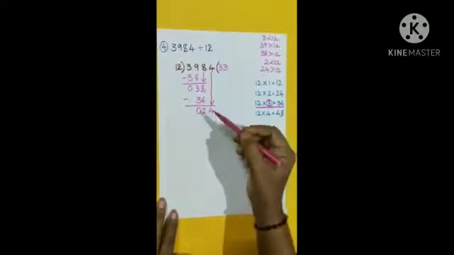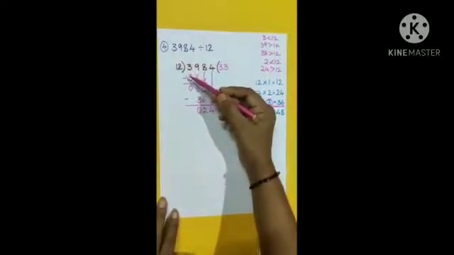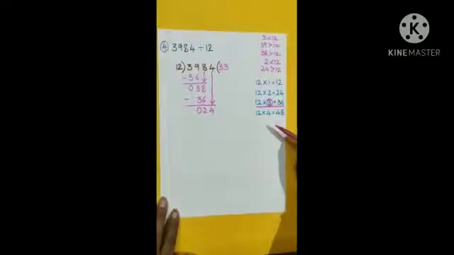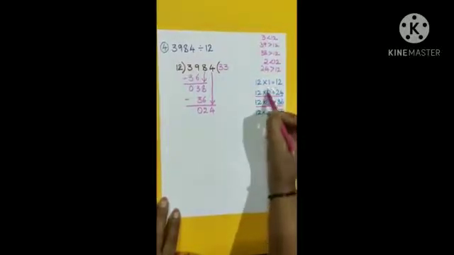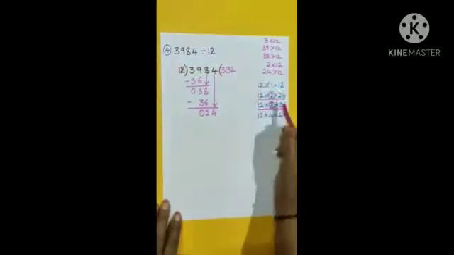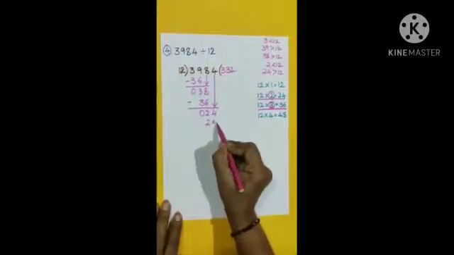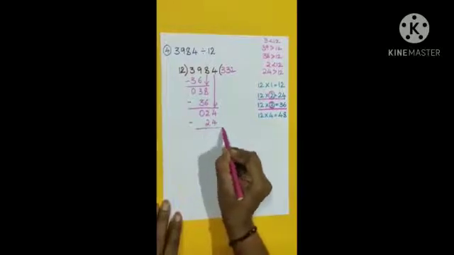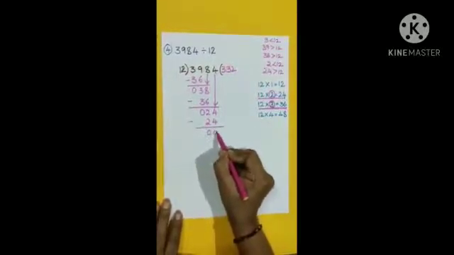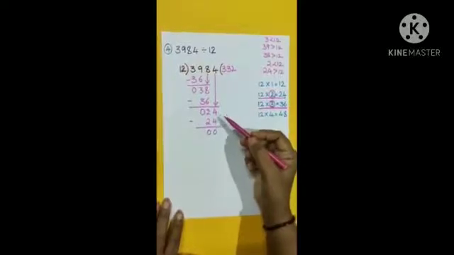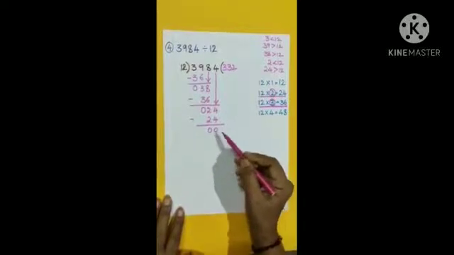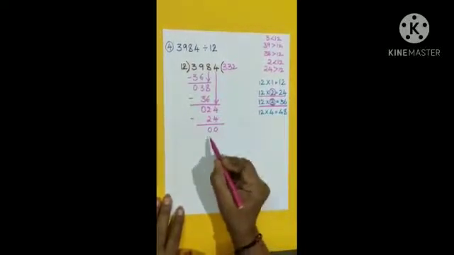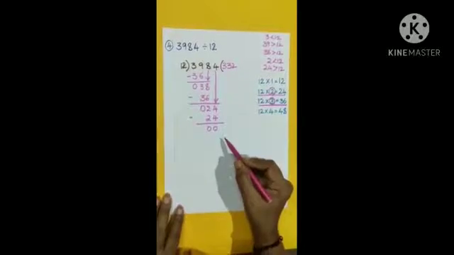And therefore we can divide 24 by 12. Again we use the table of 12 to find the product which is equal to and nearest to 24. As we know that 12 twos are 24, we write 2 in the quotient and 24 under 24 and subtract. 24 minus 24 is 0. So there are no more digits to bring down. 0 is left over. Leftover number is called remainder. And so we have completed the division sum.